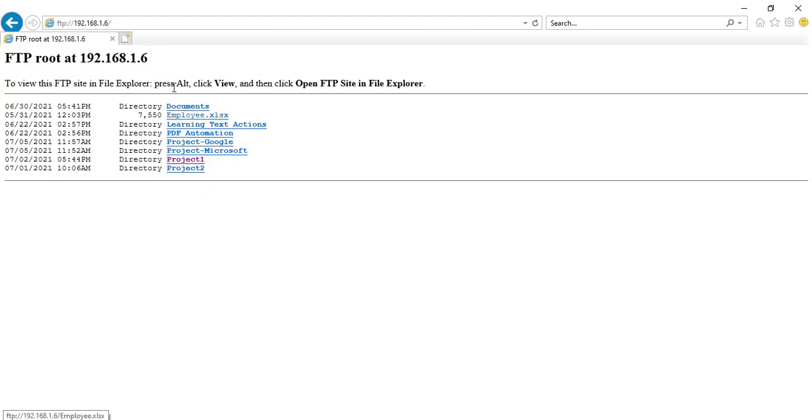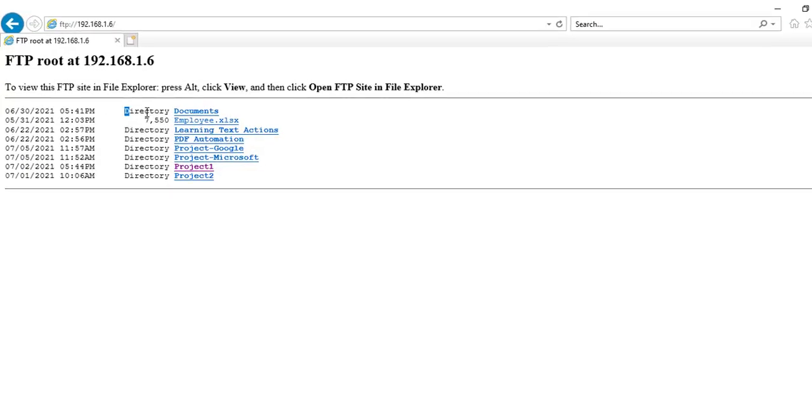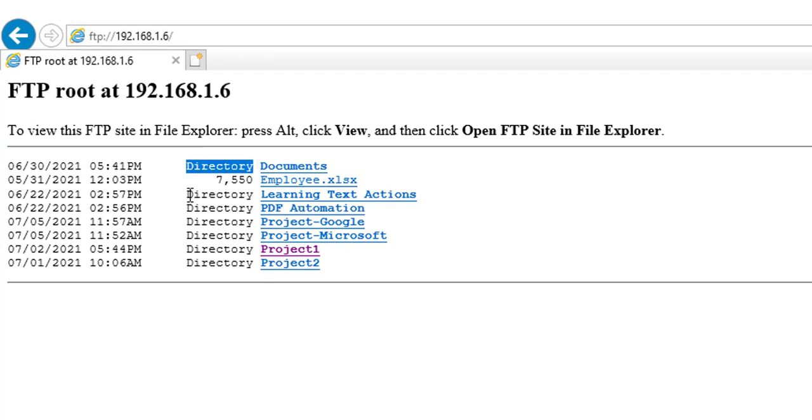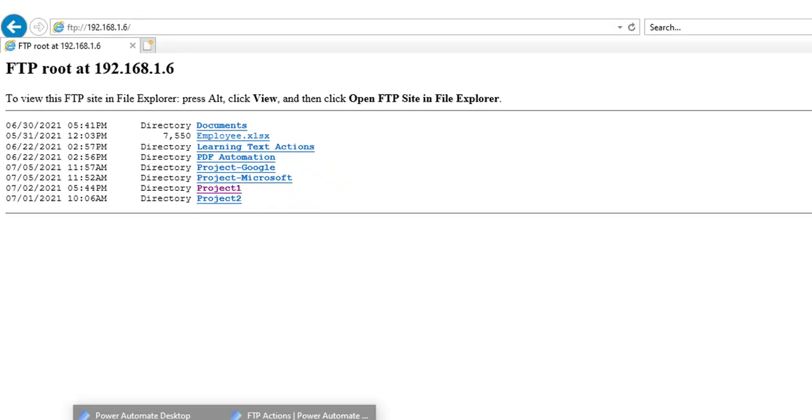I want to delete one of the directories. You can see the directories I have: documents, learning test actions, project Google, project Microsoft, PDF automation, and directories project 1 and project 2. Now let's assume I want to delete the project 2 directory by using delete FTP directory.